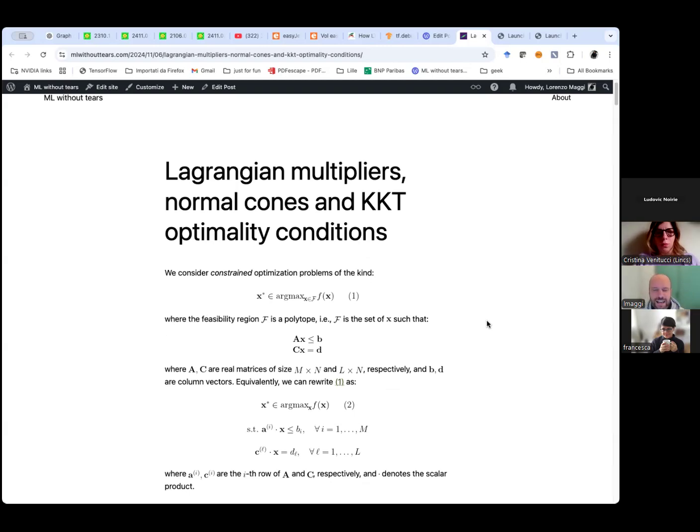So let's delve into the problem here. We consider constraint optimization problems, a very simple kind of them. We want to maximize a function, let's say any function, such that these constraints are